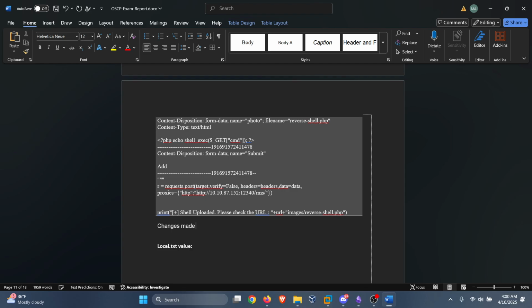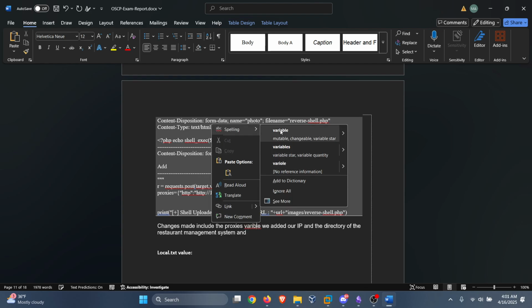Changes made include the proxy variable. We added our IP and the directory of the remote, what's it called? Restaurant management system, and